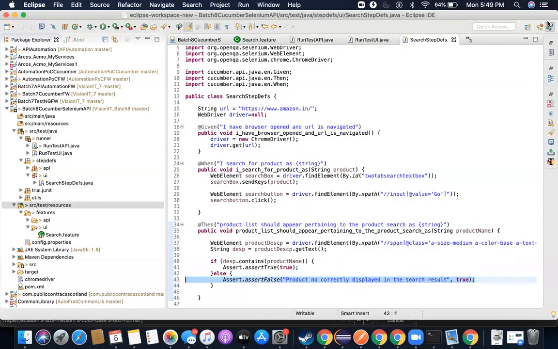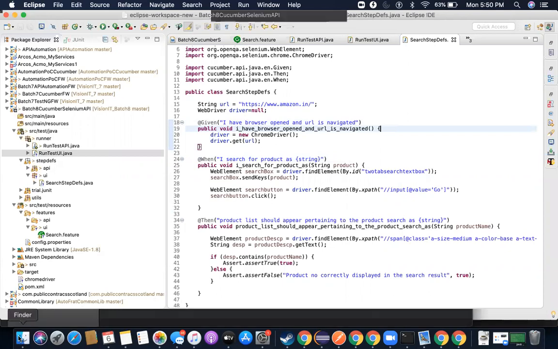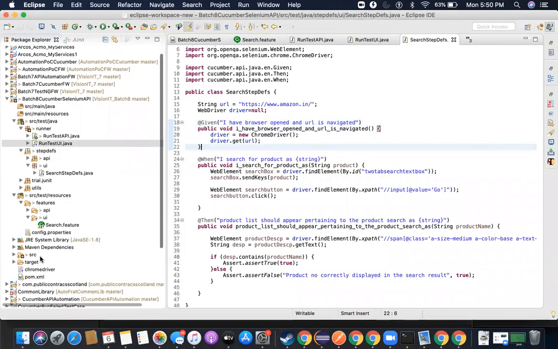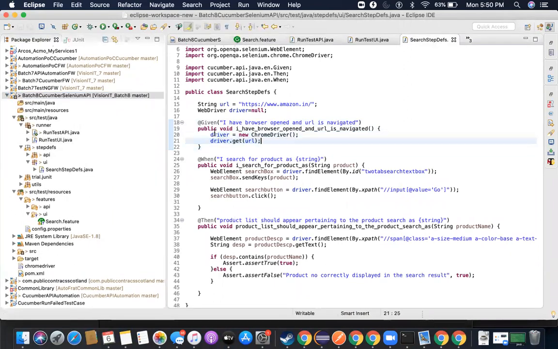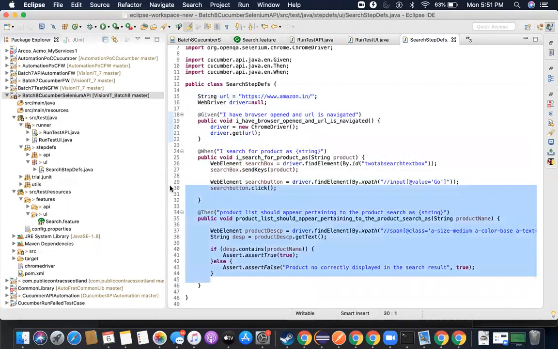Let me just try to run it. To run this, I would need a chromedriver.exe in the case of Windows; on the Mac, it's simply chromedriver. If you notice, I did not mention System.setProperty for webdriver.chrome.driver, because I've already placed this chromedriver file inside my root folder, inside my project itself. You can see it here. If it is present inside the root folder, I really don't need to mention the property. So all I've written in here is driver, the URL, and here I'm searching for it, and here I am simply